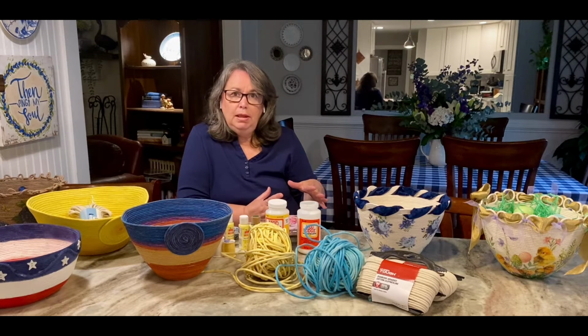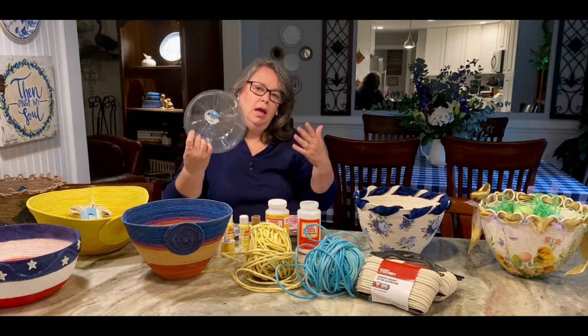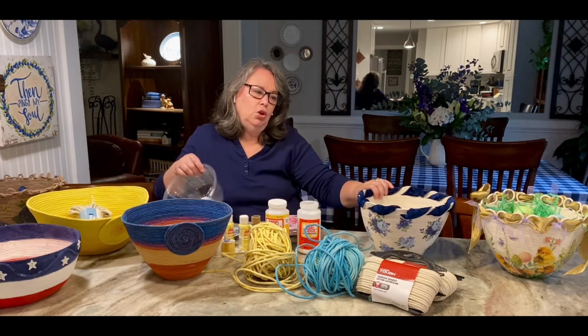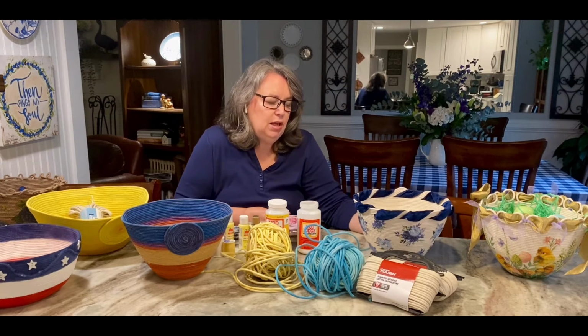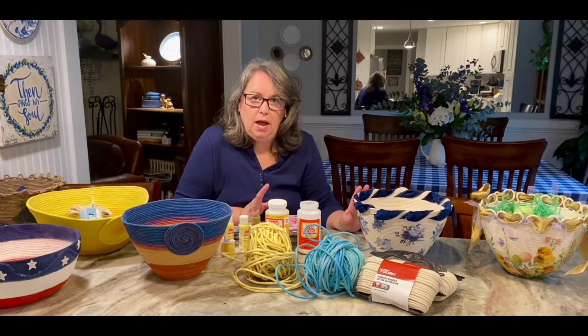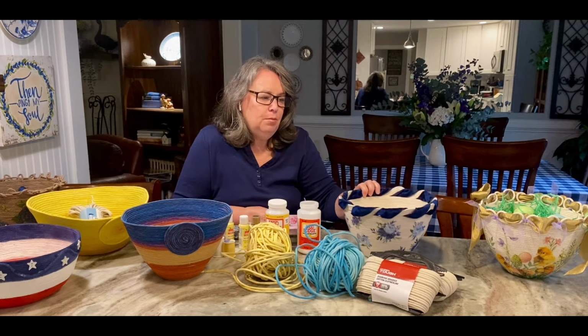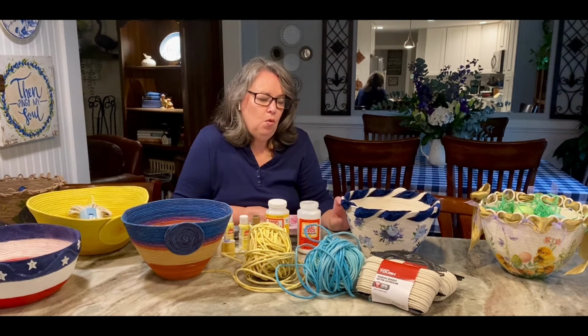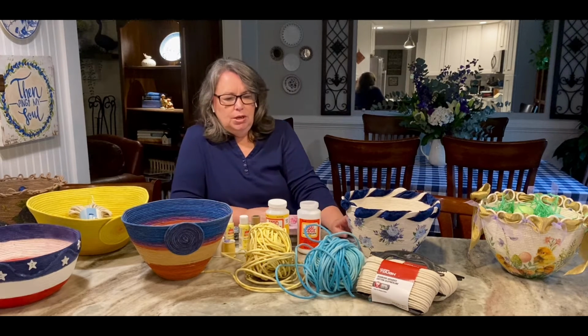If you want to put a plant in it, please put a plastic liner, because over time you're going to keep watering and watering, and then your base will get weaker and weaker. So that's the number one question. If you splash some water on it, it's fine. If you want to fill it with water or put plants in it and water, always use a liner. All right, the next question is